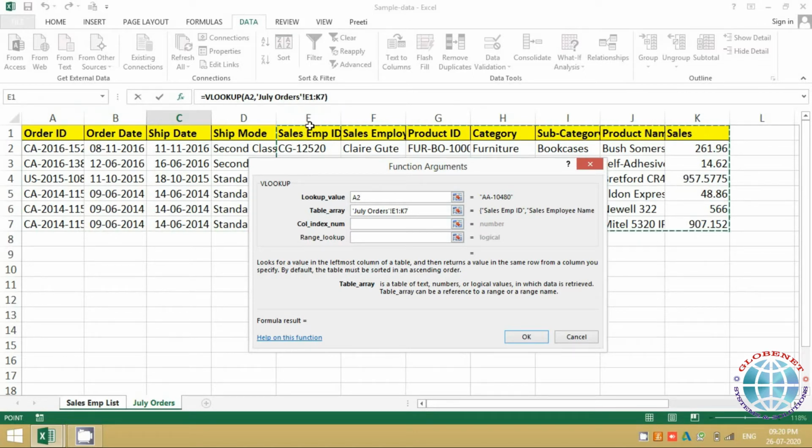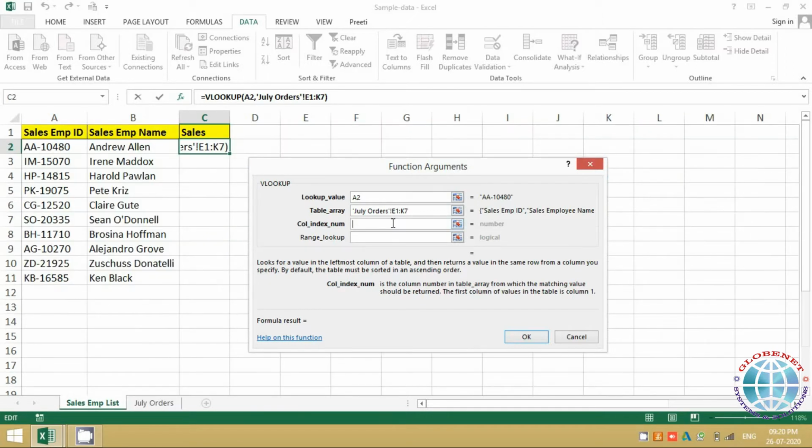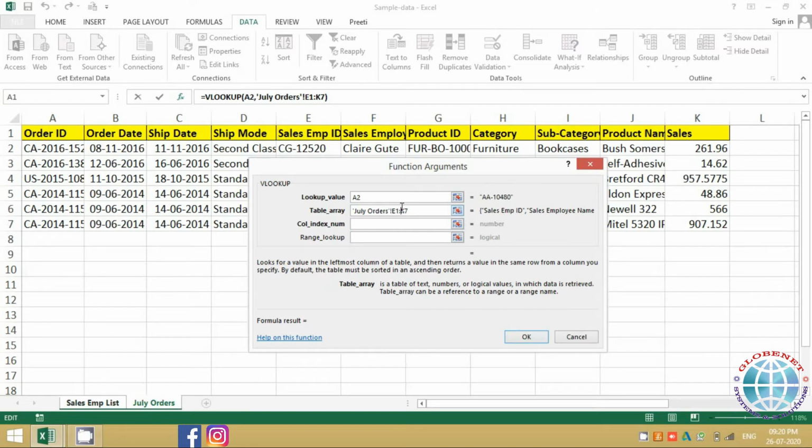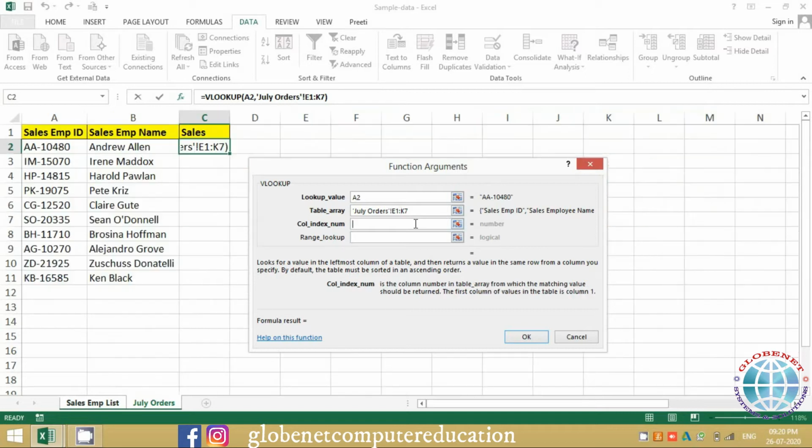So then the counting starts from here. 1, 2, 3, 4, 5, 6, 7. When I say column number, it is basically answering the question which column in the array. As I just counted, if you want to check the number of columns, you can just click here. It will take you back to the sheet. So you can quickly count 1, 2, 3, 4, 5, 6, 7. So on the 7th column I have my data. So you write 7 over here.